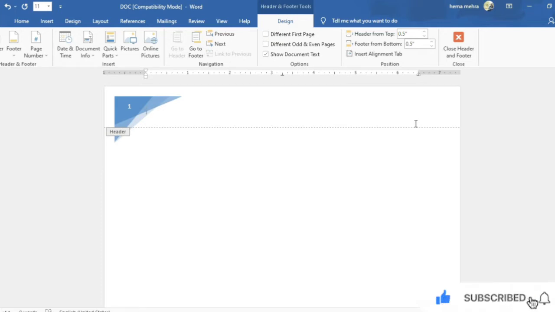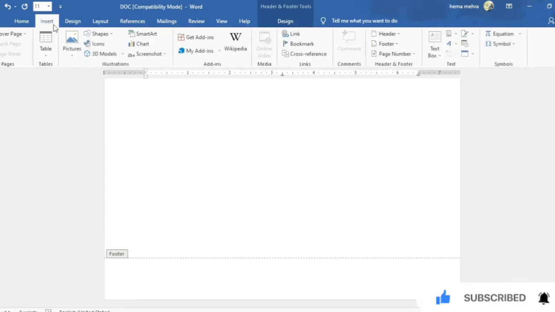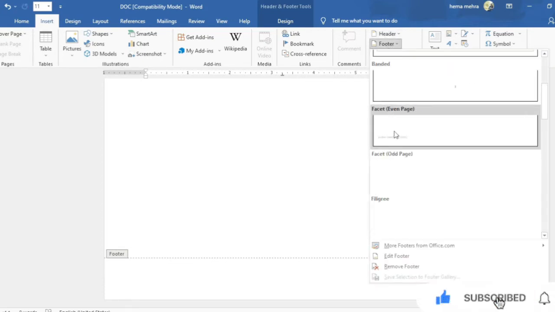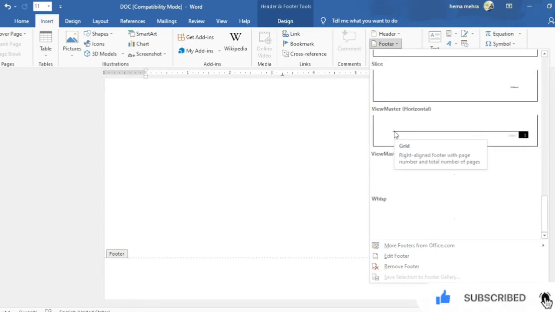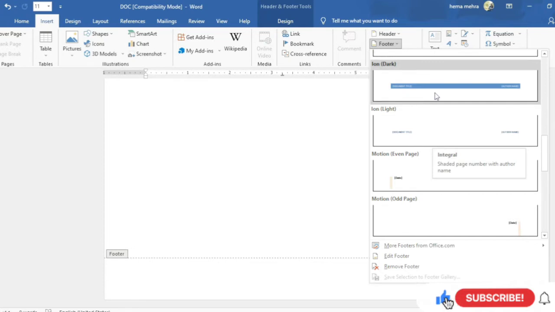Now let's see how we can add footer also. So here you can see the footer margin is already marked. That means you have to select the footer as you have selected the header for the page. Again go to the Insert option, and just below the header option there is a footer one, and again you can find so many pre-designed footers are available, and whatever you like you can select.